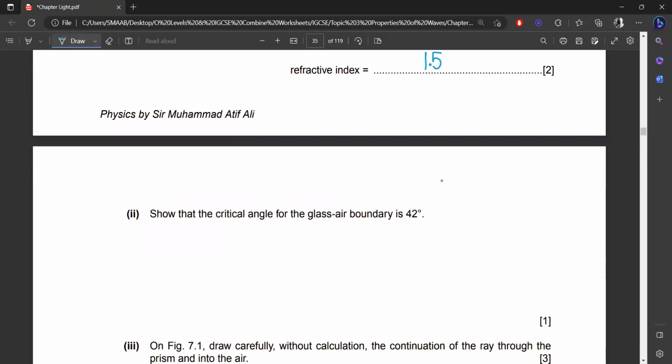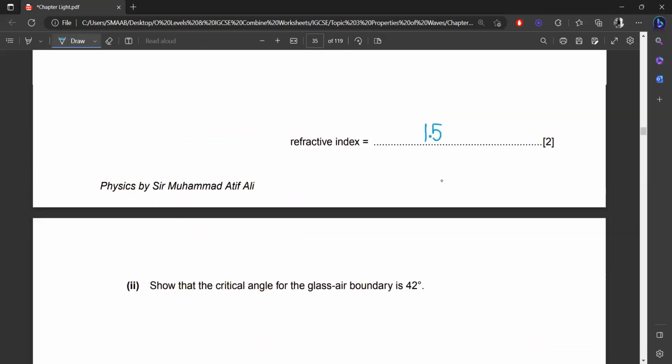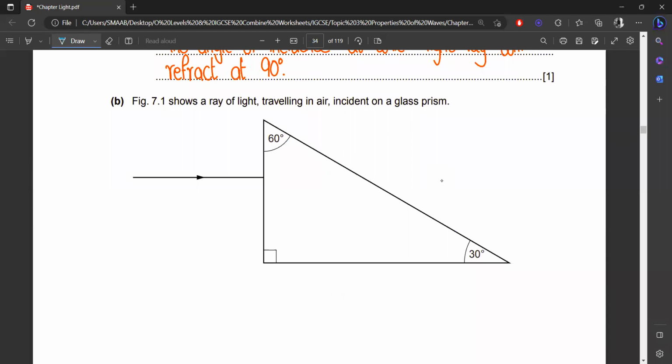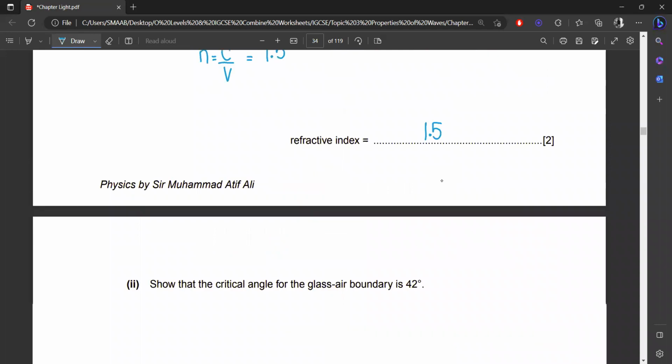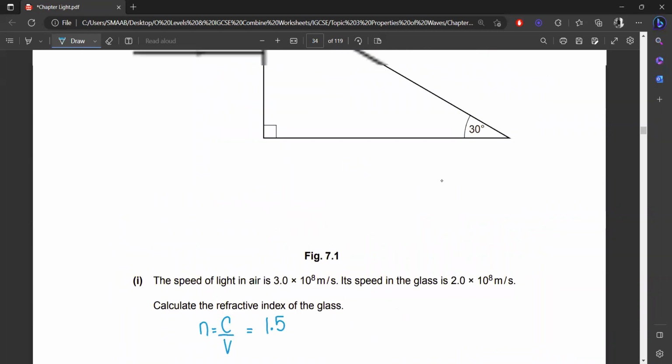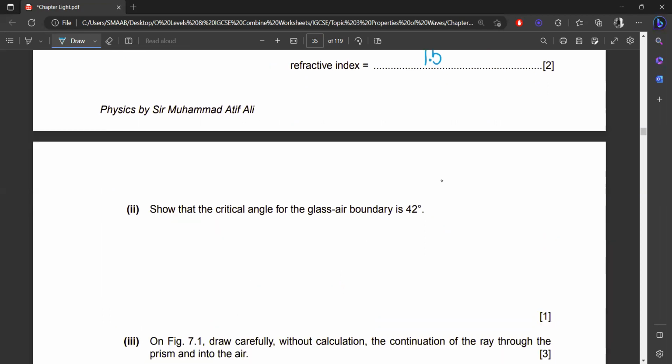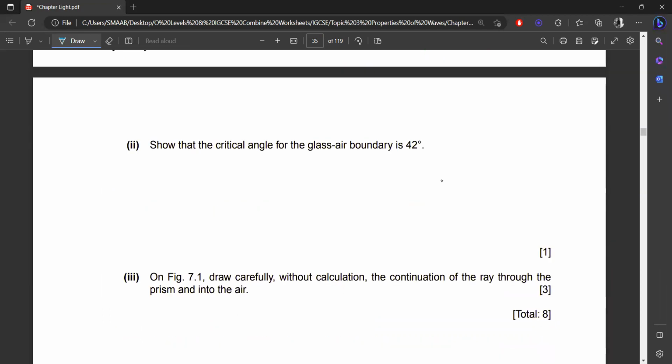And show that the critical angle for the glass-air boundary is 42. So we need to show that the critical angle is 42. What is the formula to calculate the critical angle? Do you remember the sine i over sine r? Yes, we need to calculate with the reference of the speed of light. So the formula will be equal to,